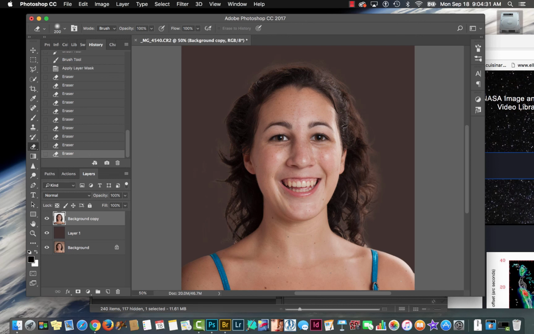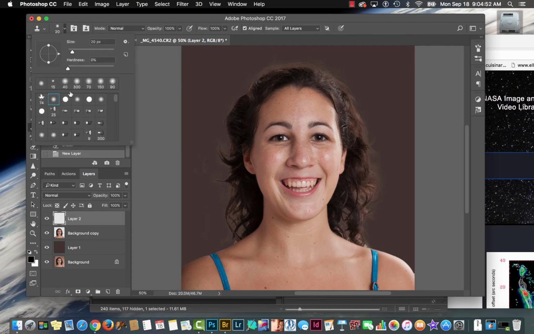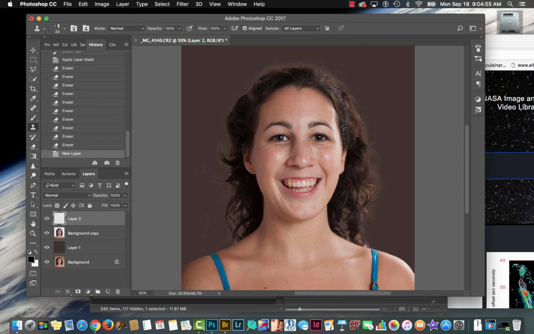Okay. The last thing you can do is the clone tool. Come in with your clone tool, make a new layer, work on a new layer, and make sure that with your clone tool you have all layers sampled, and because we're on a blank layer, I can come in here with my clone tool, go to one of these lovely brushes that is a nice bristle brush, and sample the hair here and just copy like there and add in a little bit. Okay, so I can actually come in and paint in hair that might be missing, or if I have little